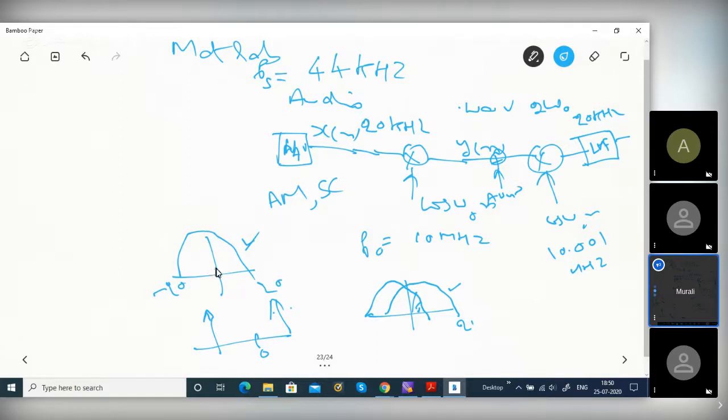Then, suppose I tell you there is a 1 kilohertz offset, how will you remove this offset actually? You put a this thing. So here you put it at 21 kilohertz if there is a frequency offset higher. So again 1 kilohertz. To bring back, again put a filter. With 1 kilohertz you will remove the offset actually. Then it will be like this. Right? Not like this. It will become like this. So we are removing the frequency offset actually. Yes. Shall we experiment with this actually? It will be fun. Yes.